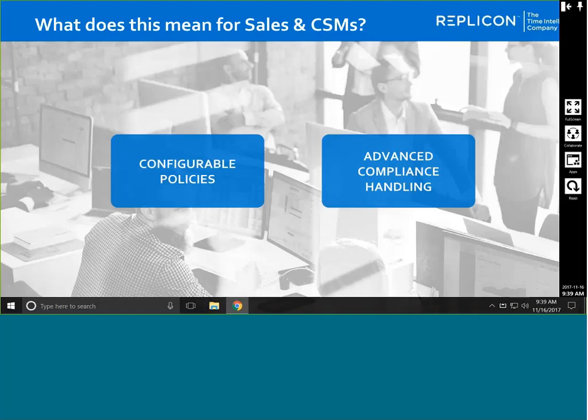The other one is handling advanced compliance needs. Paid sick leave across the organization, across various locations, is a huge piece that companies have difficulty monitoring and can't do very well with the systems that they have. So this is something that we can use to differentiate ourselves as well.